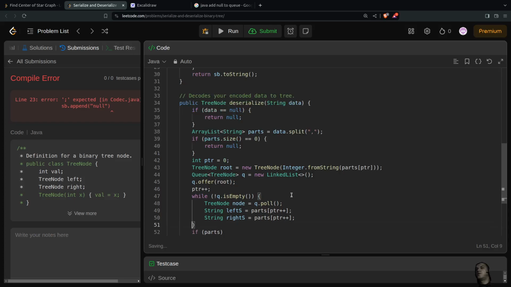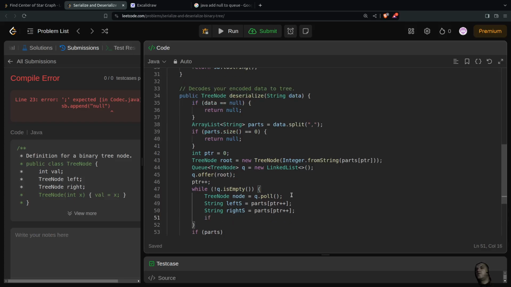And then if left string is not equal null, I'm gonna have node.left equals new node, and then integer from string, and then here left string,